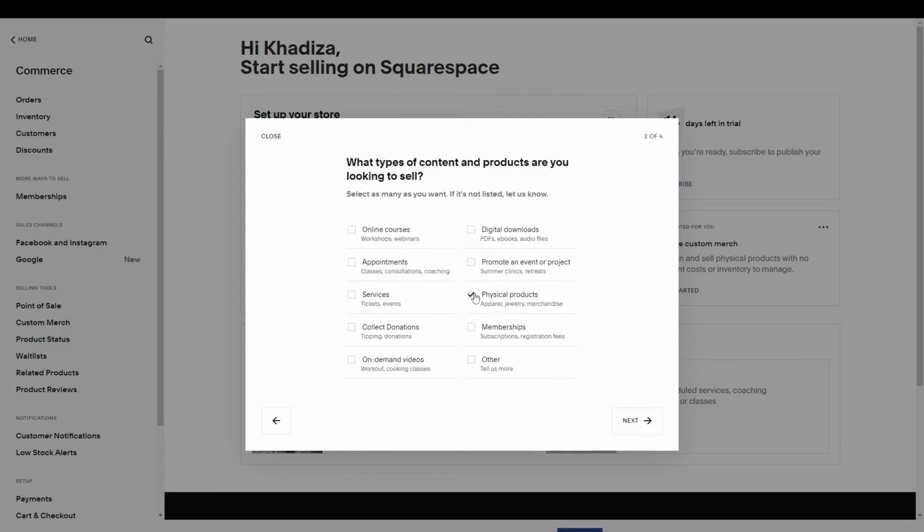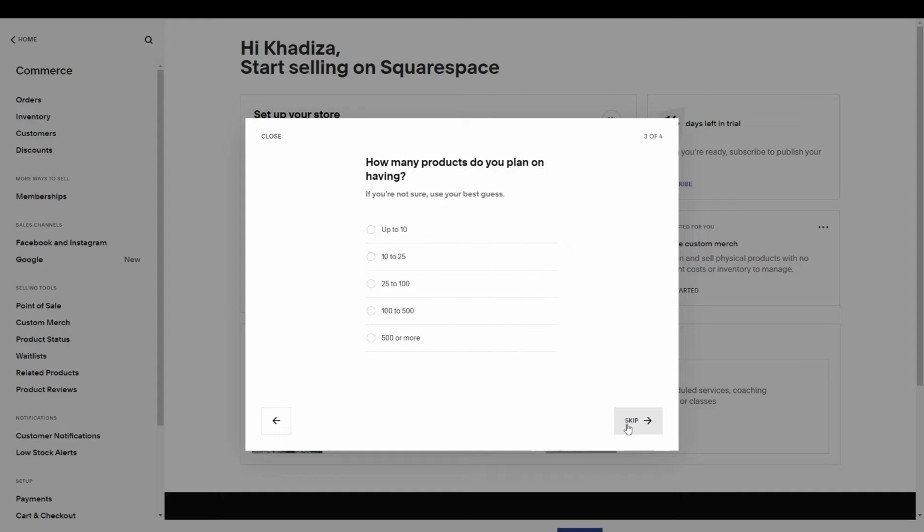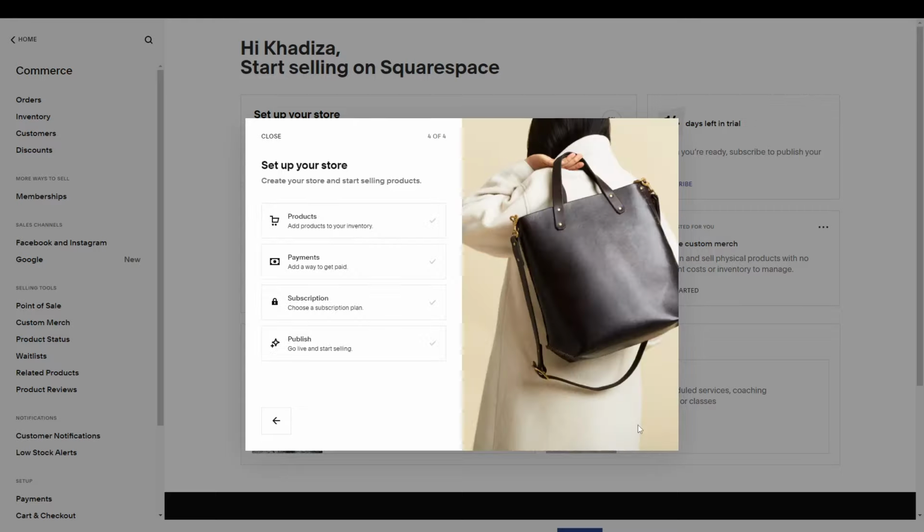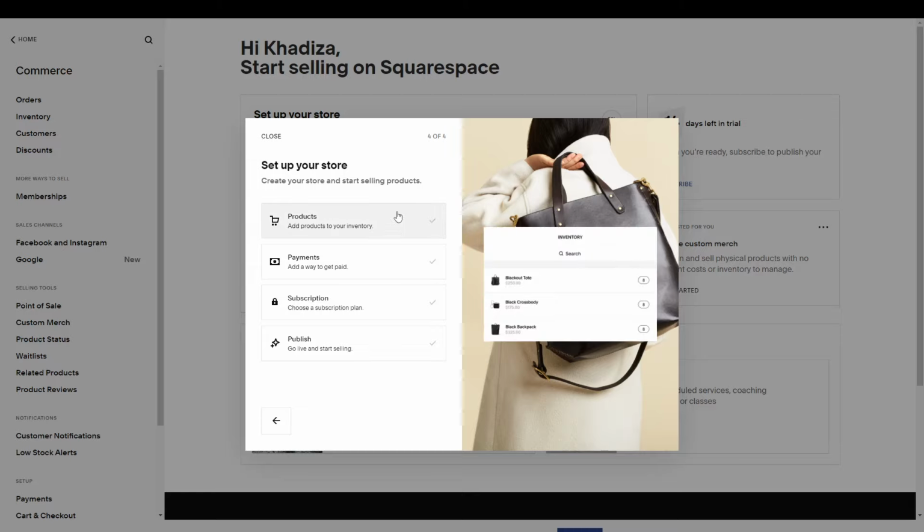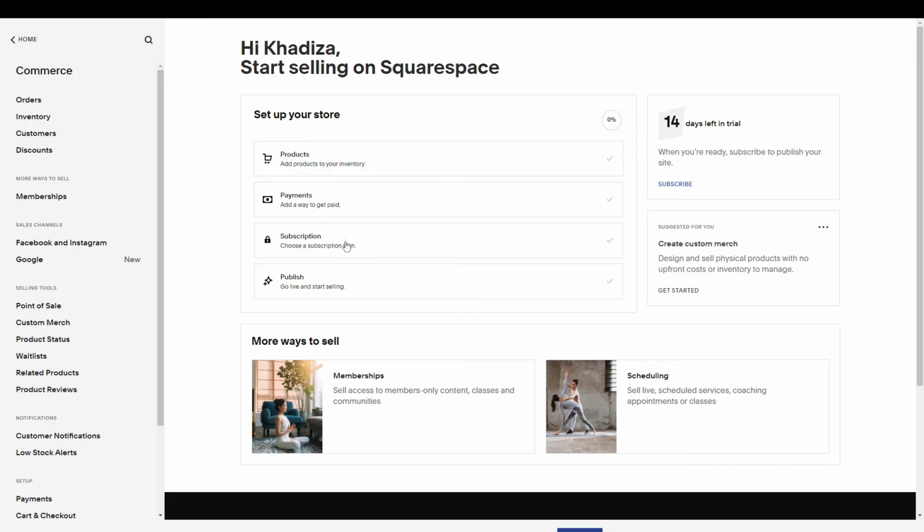So for example, if you're selling physical products, online courses, digital downloads, things like that, and how many products you're planning on having, and you'd select all of these and essentially start setting up your store. It gives you sort of checklists. So you can see now we've got the commerce settings, and you can see this checklist as well. So the first thing you need to do is add your products, set up your payment, choose your plan, and then publish. So if you go into products, just in the left here, so that's under inventory,